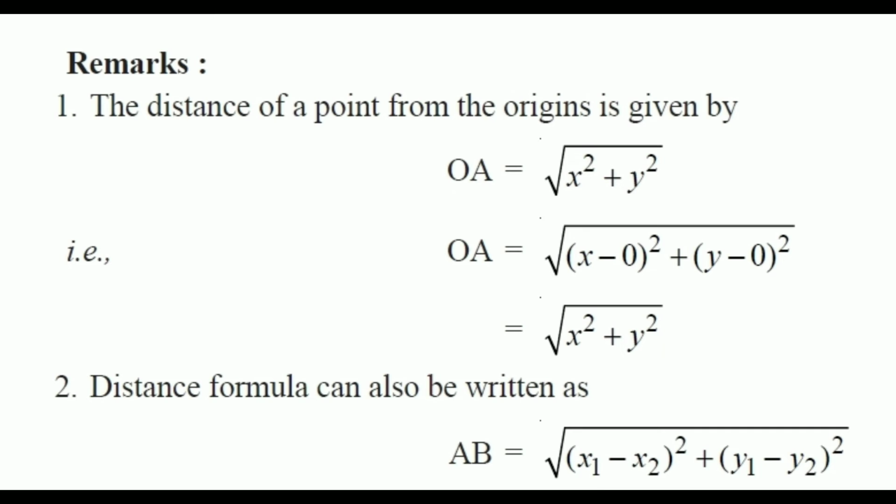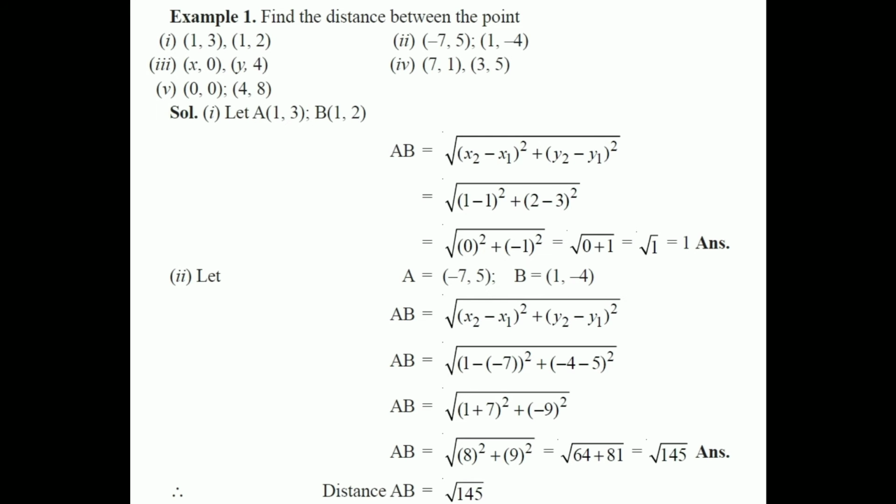Now we solve a few sums based on the distance formula. Question 1. Find the distance between the points, first part (1, 3) and (1, 2). We mark them as A (1, 3), B (1, 2). So the distance formula is: distance AB is equal to square root of (x2 minus x1) whole square plus (y2